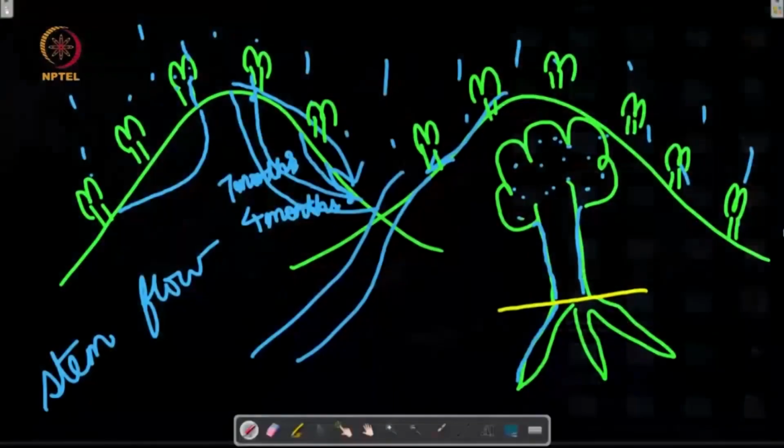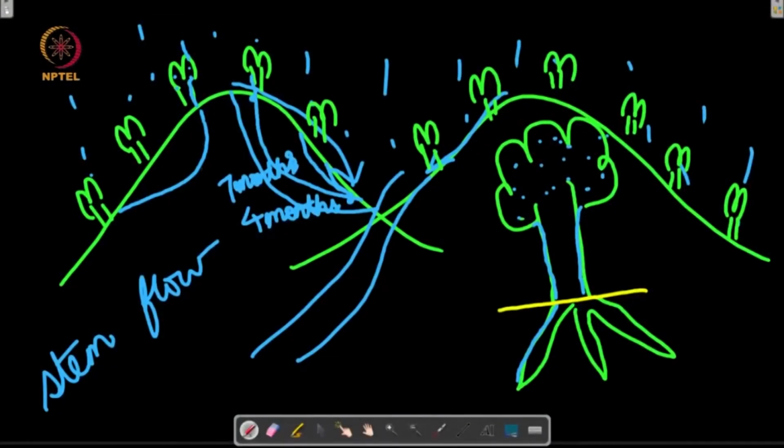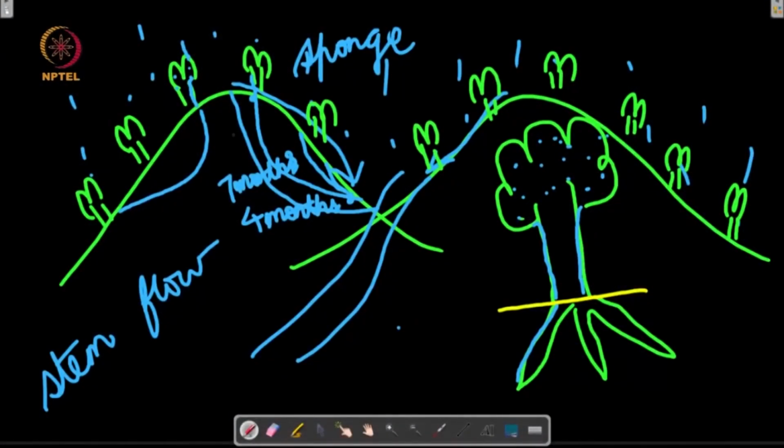In this process, the streams are not getting into a flood-like situation, because the water is being retained by the canopies and by the soil. These hills now act as sponges, because all of this water is now inside these hills. In the case of a sponge, the water is retained inside and then slowly moves out, which is what we are observing here. In this process, floods are avoided because all the water does not reach the stream at the same point of time. But even more important, because different waters take different time periods, 7 months, 1 month, 2 months, and so on,